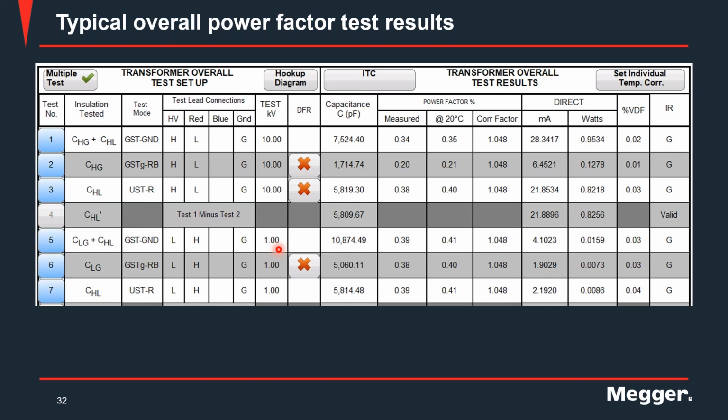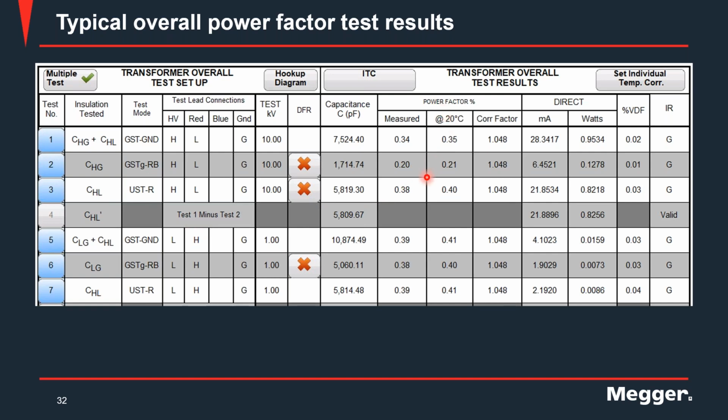So typically the test is done at 10 kV, but if the rated voltage of the winding that you're testing on is less than 10 kV, then you want to reduce the test voltage and apply a voltage which is close to but not greater than the rated voltage of the winding. The capacitance values that you get are in nanofarads typically for the overall test, and the power factor values are expressed in